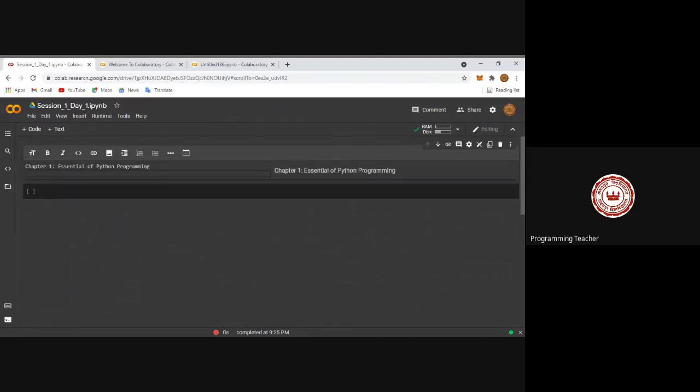Every programming language is very important to learn based on its syntax. The same thing is applicable for Python. But the difference between Python and other programming languages is that Python is easy to learn, with less complexity in coding, so anybody can understand this language quite easily. IT people as well as non-IT people, anybody can learn this programming language within a few days. That is very easy. Let's start with the basics of Python.